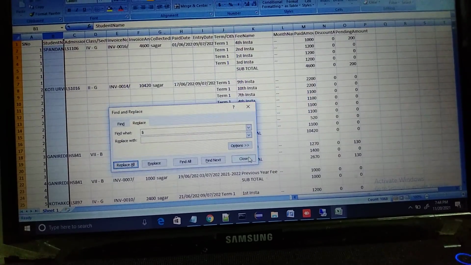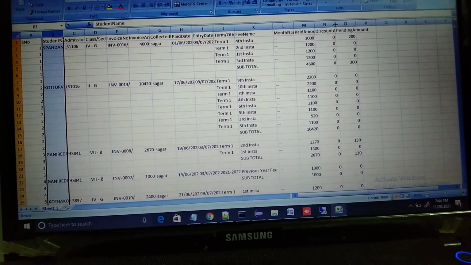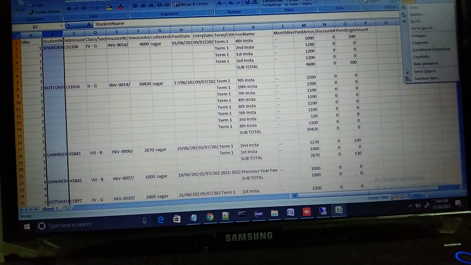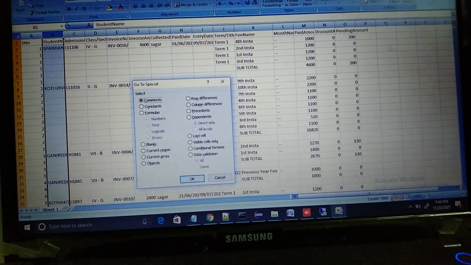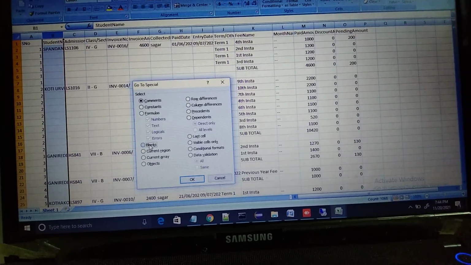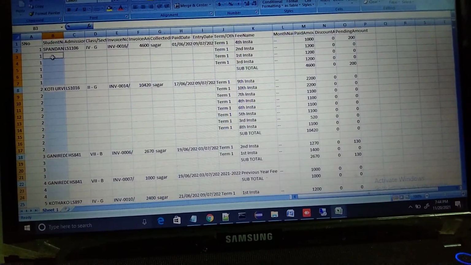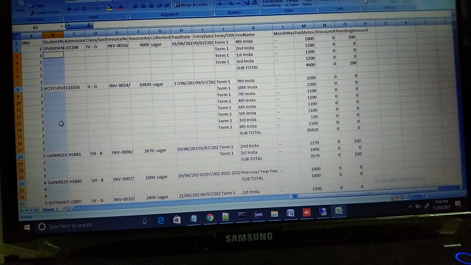Yes, replaced. Now either you can click on Find and Select and go to Special, or to get this menu you can press Ctrl G. Both are the same. Select Blanks, click OK. Now you can notice that the B3 cell is selected already, and all the other empty blank cells are selected.